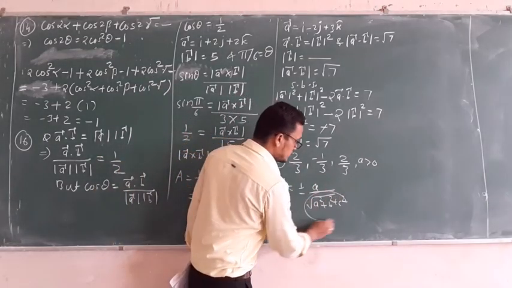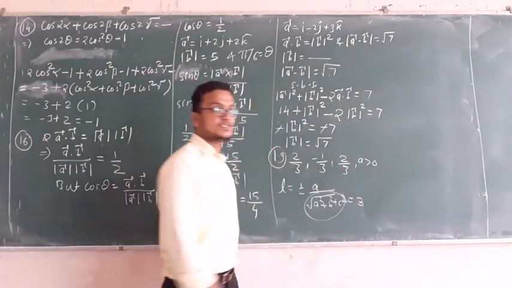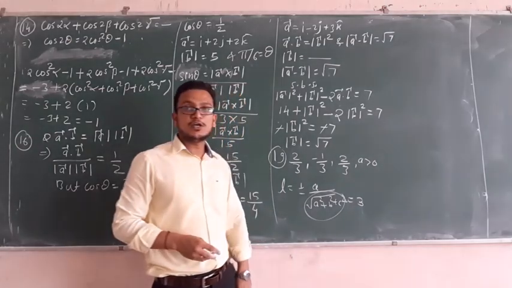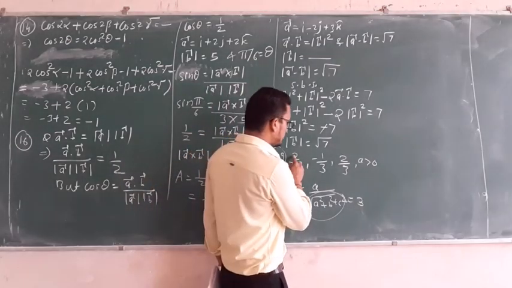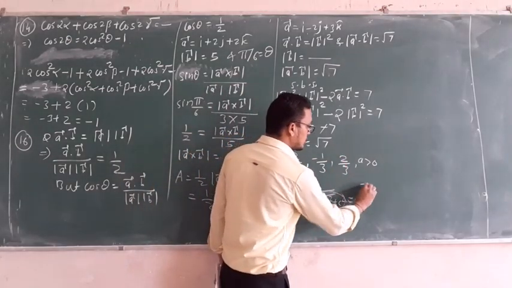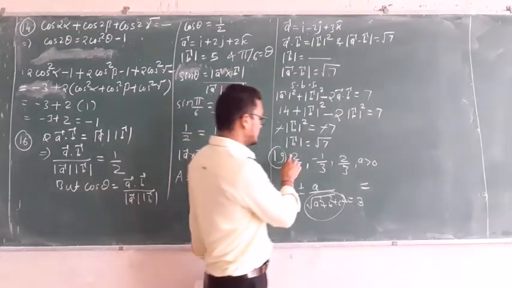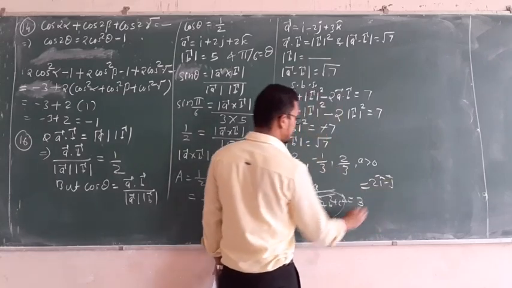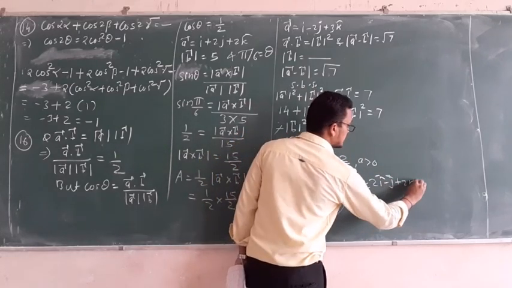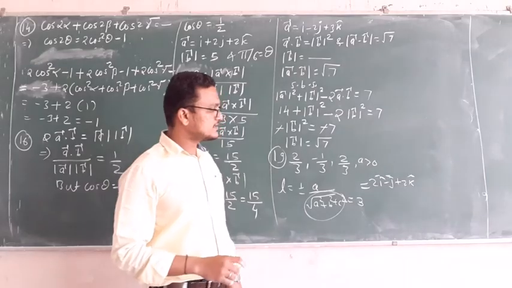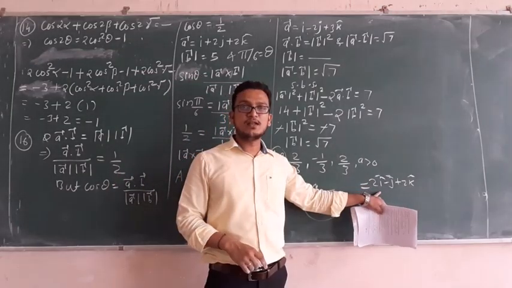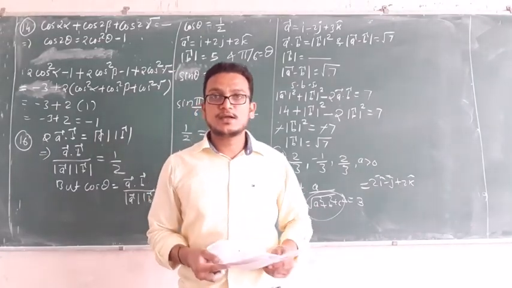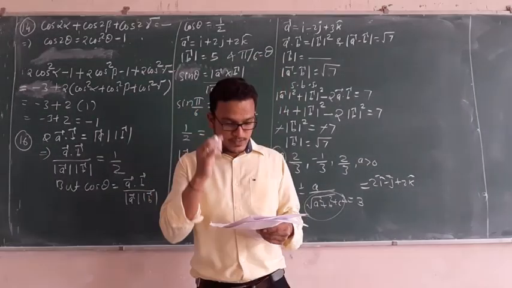So the magnitude they have given is 3, and 2, -1, 2 are the direction ratios. Therefore, which type of vector will we get? 2 means 2i, -1 means -j, and 2 means +2k. So 2i - j + 2k, this vector will form. Therefore option second will be correct in this.